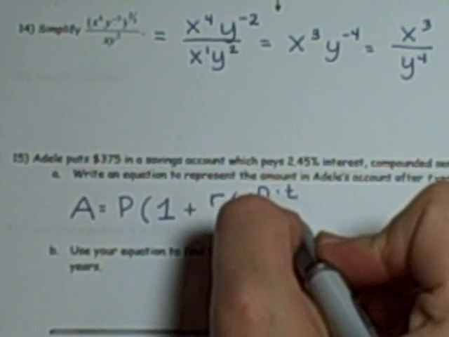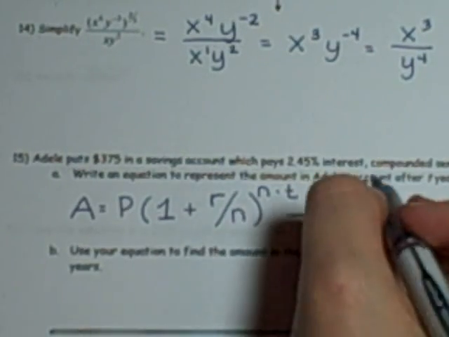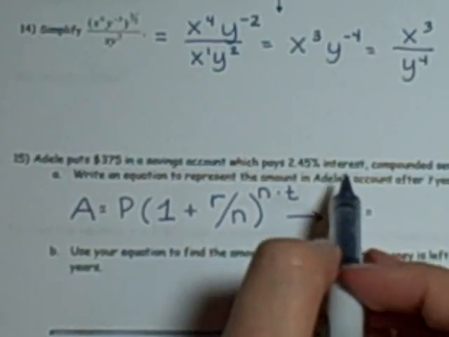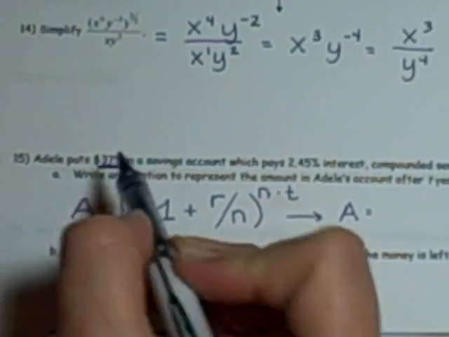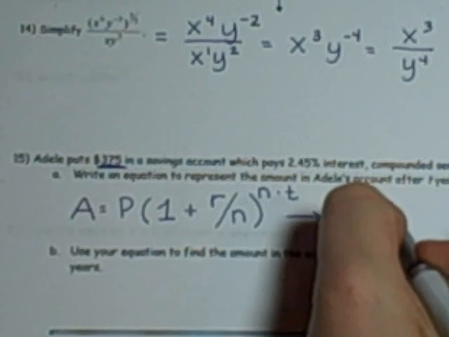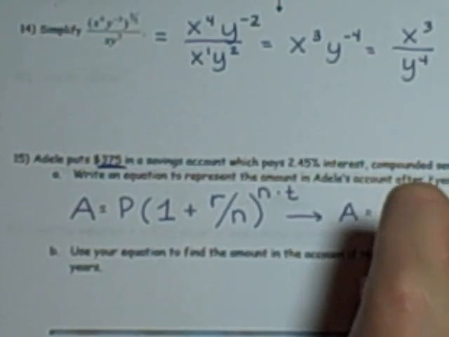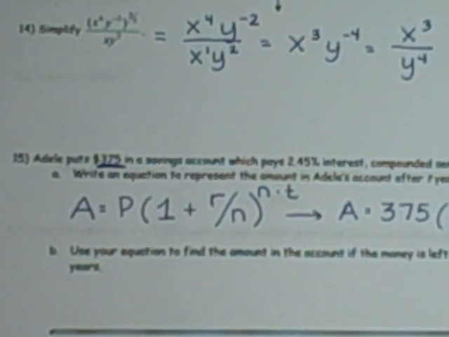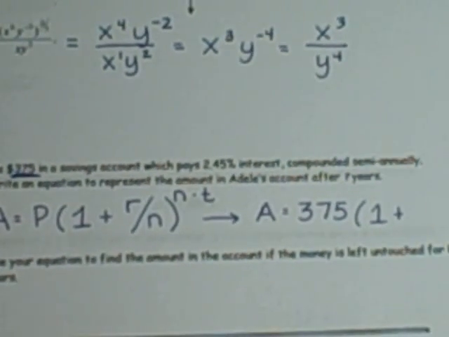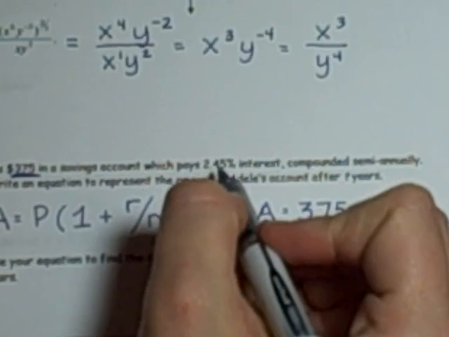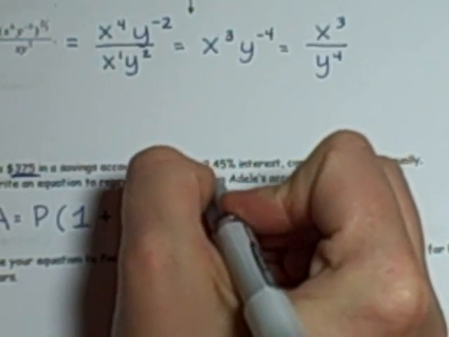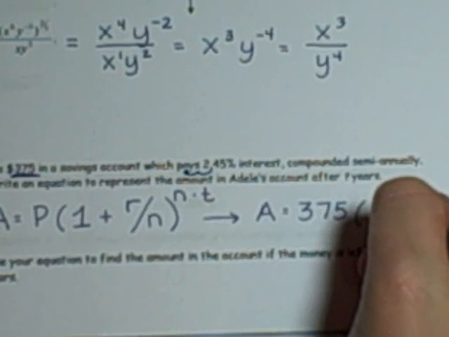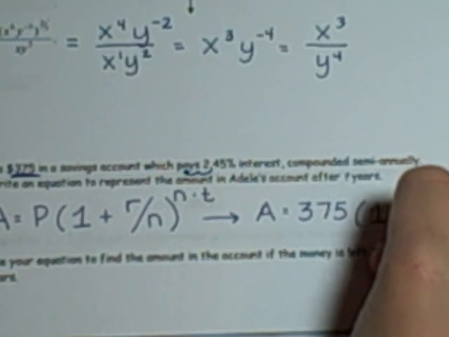So let's translate all of that for this problem. I'm looking for A. My principal here is the $375 that I'm investing initially. And then I'm going to have 1 plus, now be careful with your r. It gives me 2.45%, but you have to move that decimal point before you put it into the problem. So that's really going to become 0.0245